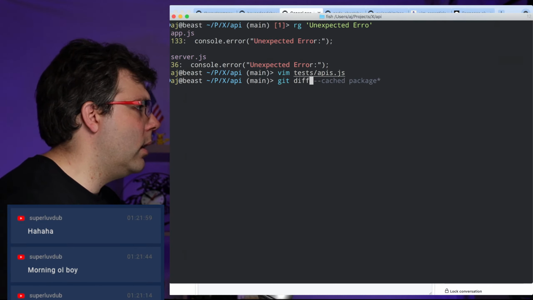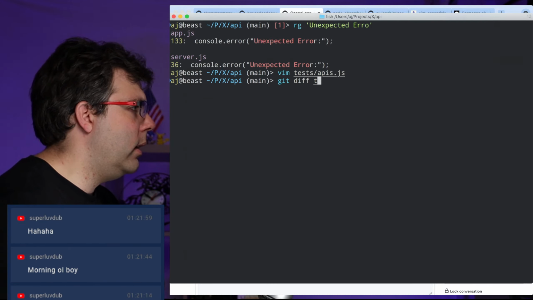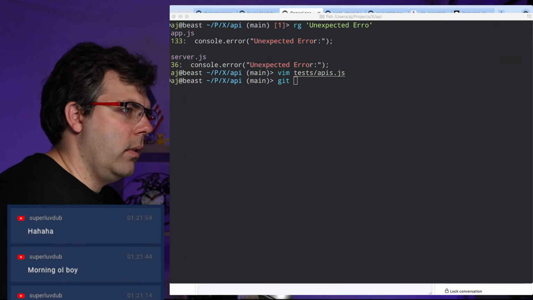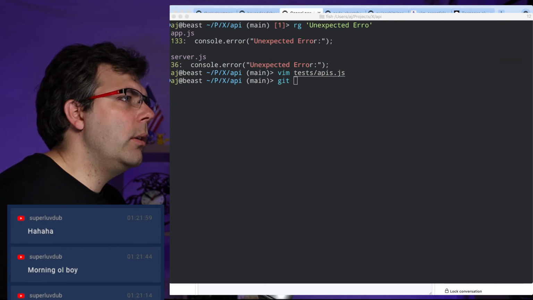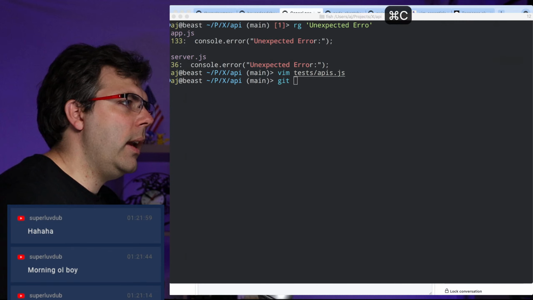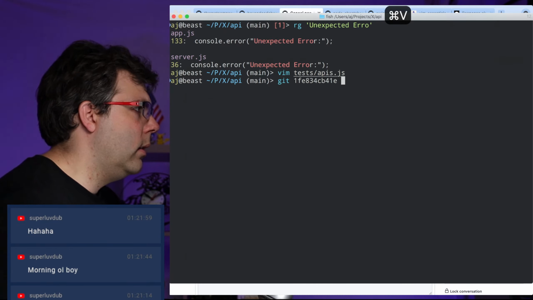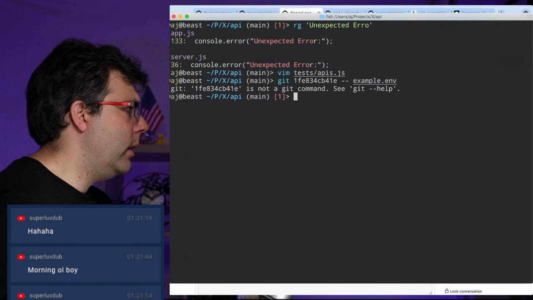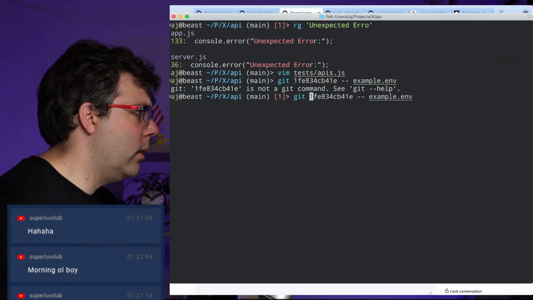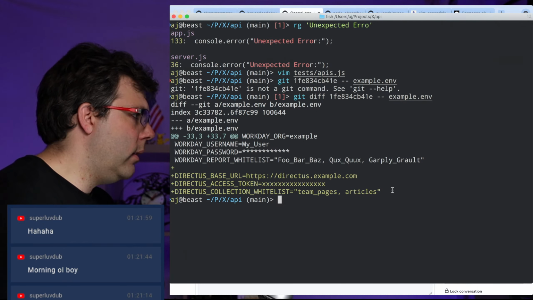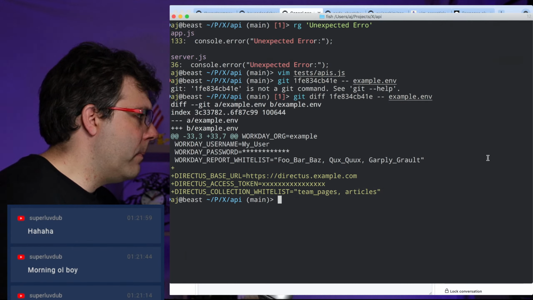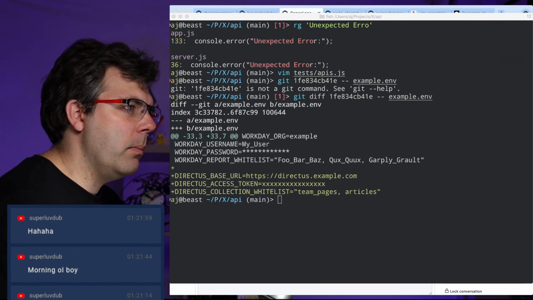But then let me go ahead and say the diff between main and, let me find, before I added this. I'll look at example.env. Oh, whoops. Git diff example.env. Okay, so I just need to give them